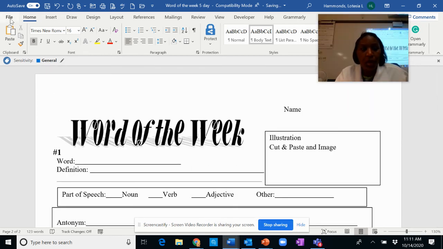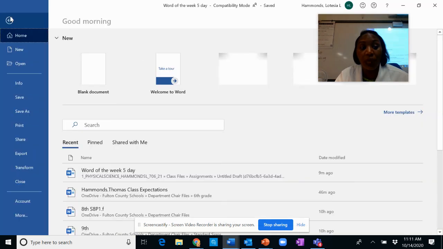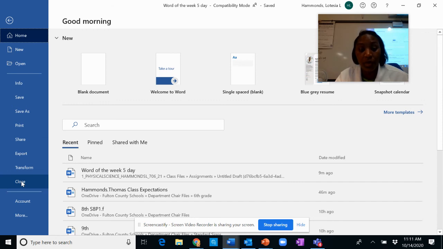All right. So once you've typed on it, you'll see here that mine has auto save. But if yours does not have auto save on it, then I need you to go to File, hit Save, and once it's saved, go to Close.